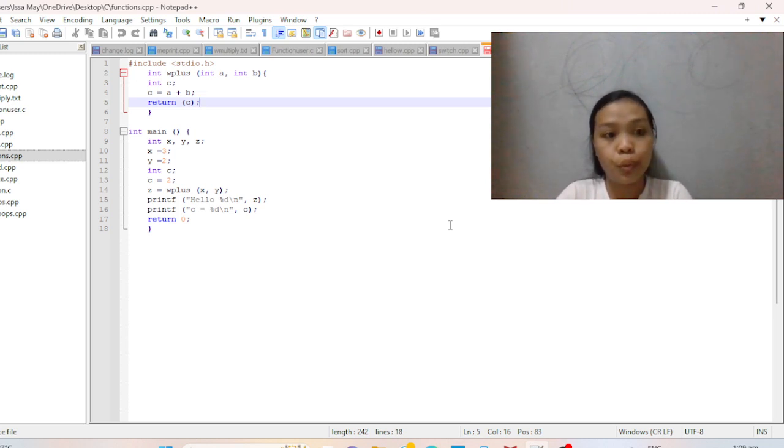How to call or use a function. To call a function, use the function name followed by parentheses containing the required arguments. If the function returns a value, it can be assigned to a variable or used directly in an expression. For example, int sum = add numbers (3, 4);